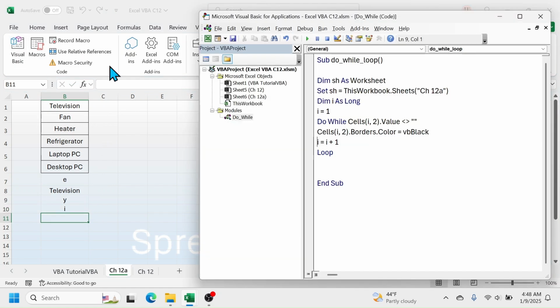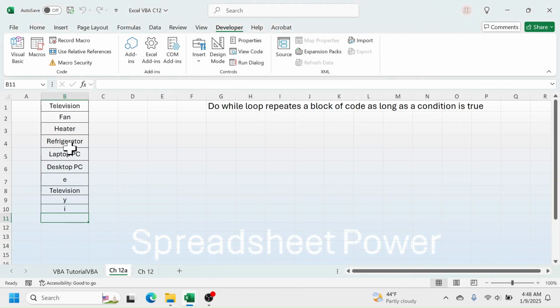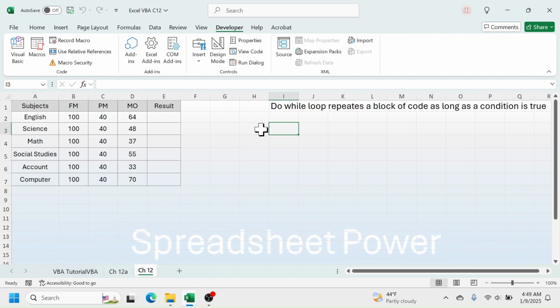Then go to VBA and run this code. Here you see the border is applied while the cell has some value. So this is the basic example of using do while loop. Let's go to the second example where I have to calculate the result of pass or fail in this column E